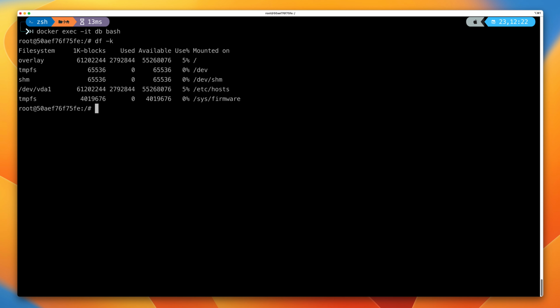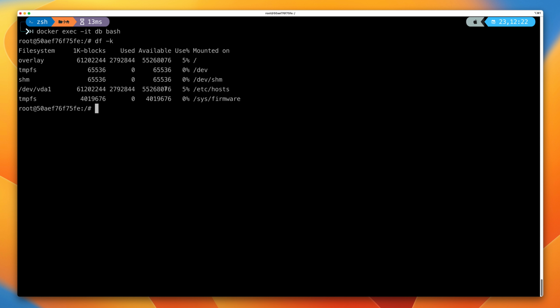Now moving back to our terminal, and I'll just clear the screen to make it easier to see, I'm going to go ahead and run this command, which is going to allow us to go into the container via a bash shell. So enter that command and press enter. And this is going to place you at the terminal of the container. And if we run a df -k and press enter, this is going to list all of the drives and volumes that are mounted within this container.